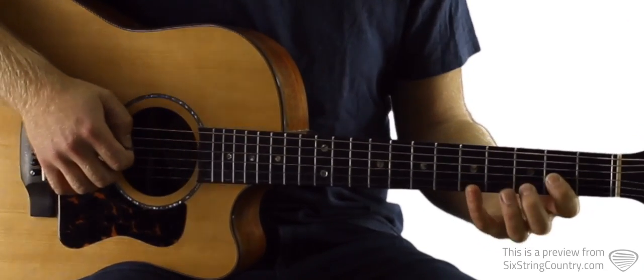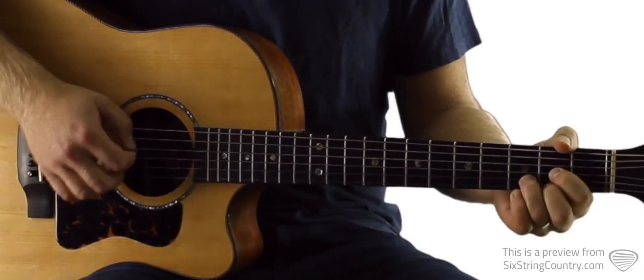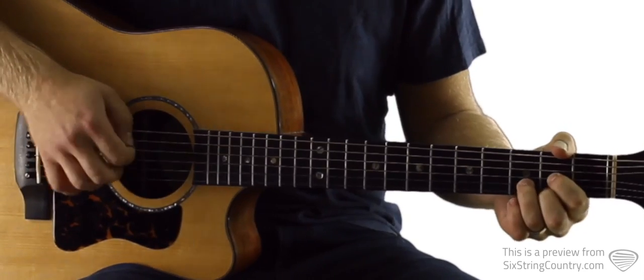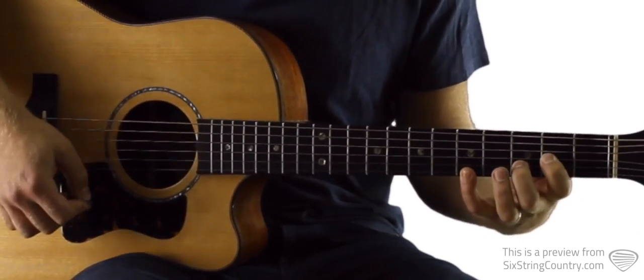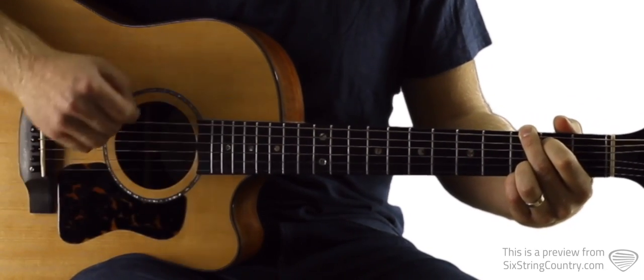Now that's going to be a little bit awkward if you've never played that shape before, and there's nothing wrong with just playing a standard D chord there either. It's not wrong, but if we really want to get the sound that we hear on that record, we can play it like that. Okay, then we're going to want a G chord, standard G chord, that's 3rd fret of